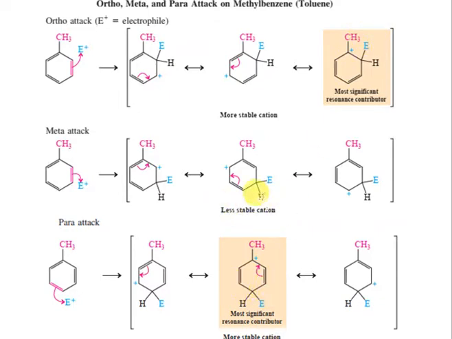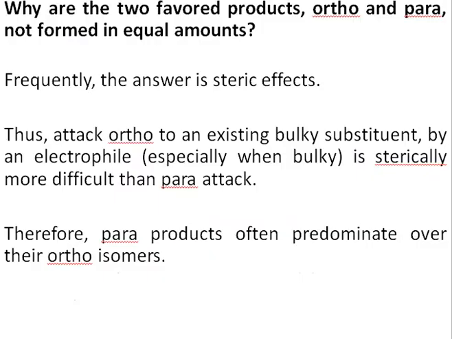Whereas in case of meta, there is no stable carbocation formed. Therefore, the carbocation formed by meta attack is not stable. Therefore, the meta product is not formed at all, or if it's formed, it's in very, very trace amounts. Right. So now we have studied that in case we have a methyl benzene, then the methyl benzene is